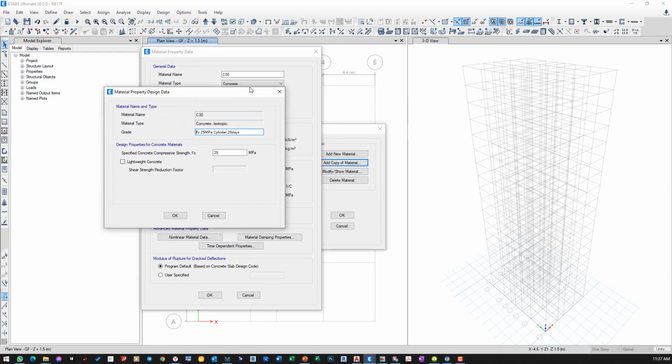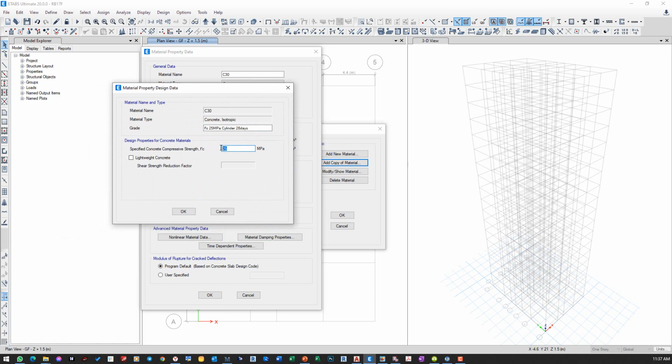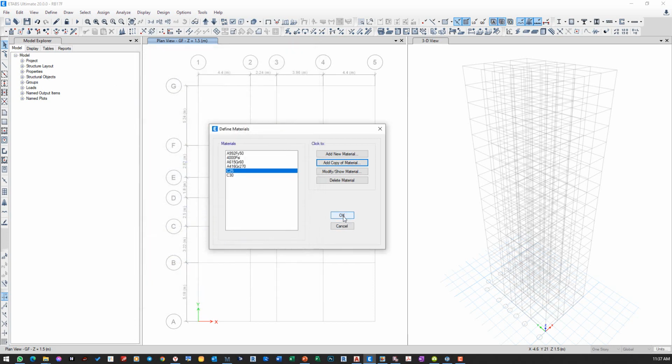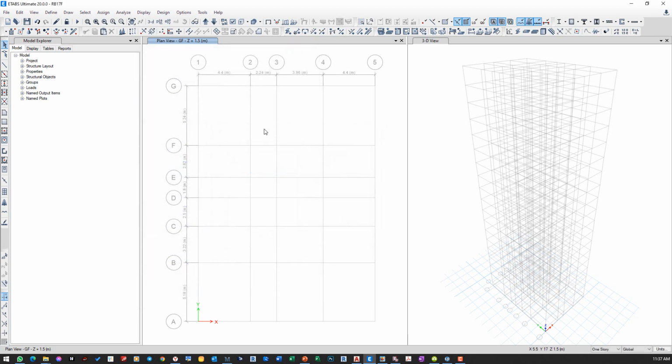Modify material. It should be 30, and you can change it to 30. Okay. This way we finish creating the materials for the concrete,